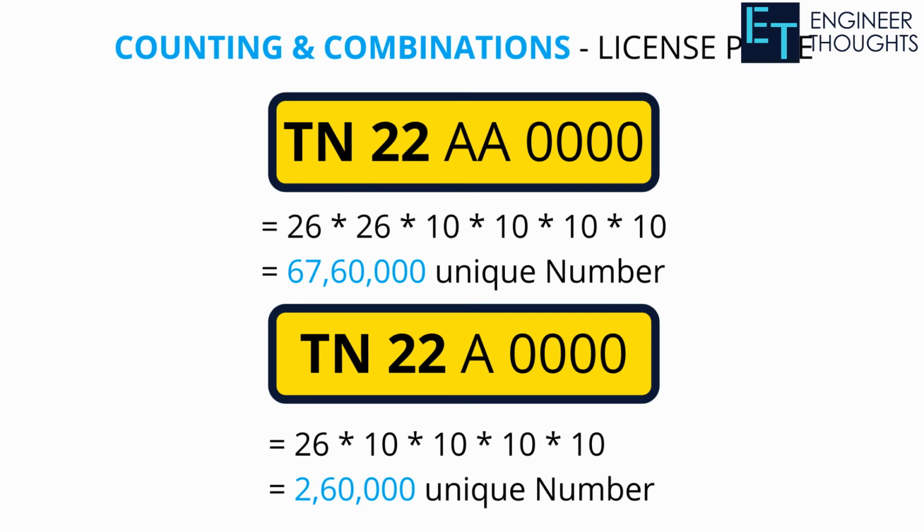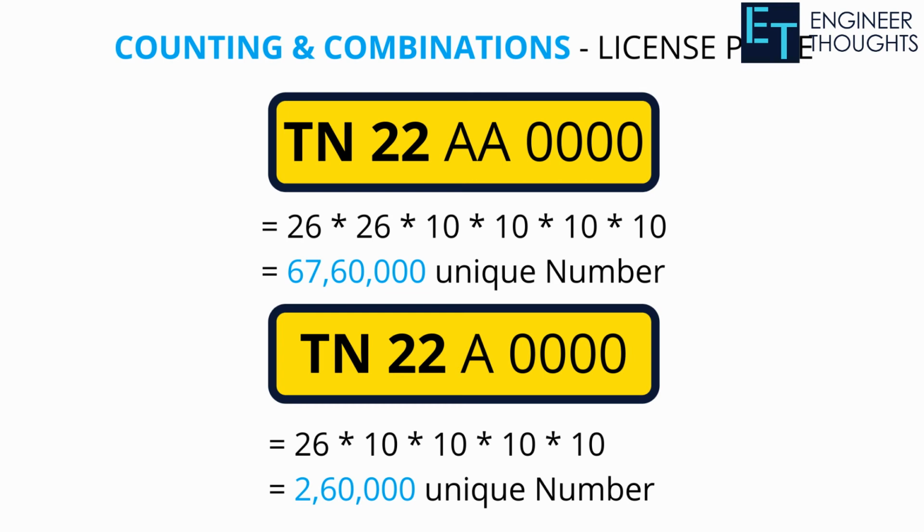We would have studied counting and combinations in maths. Let's see how it has been applied in the license plate. If you consider the license plate of India, the first two digits are the state and the second two digits are the regional transport office number of a particular state. And the last piece is the combination. There are two types of combinations applied, one with a single alphabet, another with double alphabet, followed by a 4-digit number. Let's calculate how many unique number plates can be generated out of double alphabets.